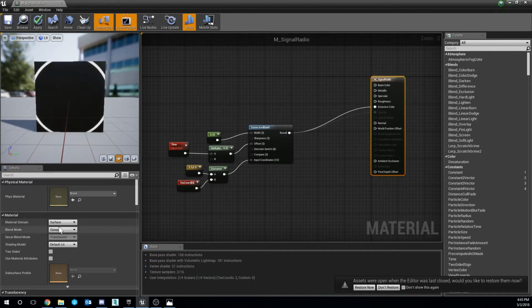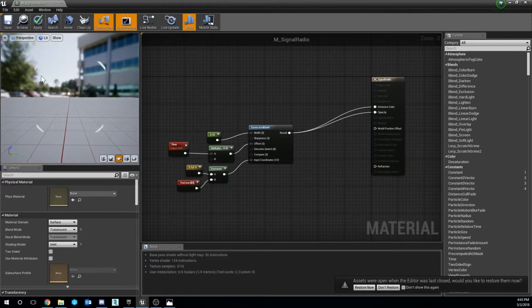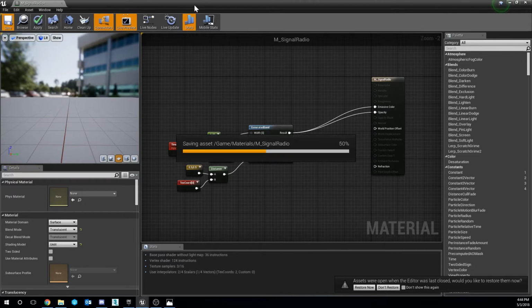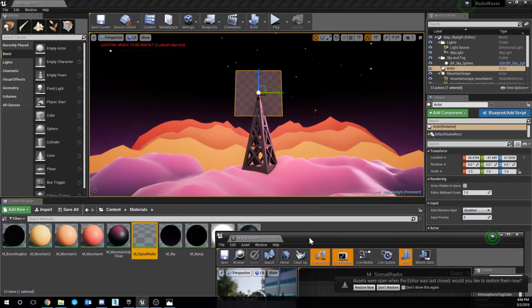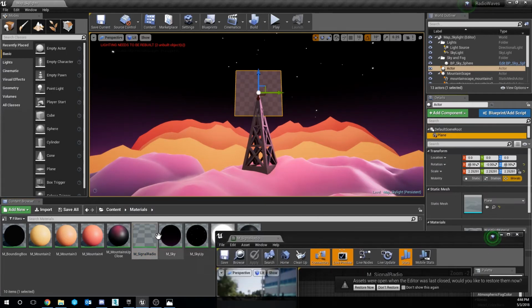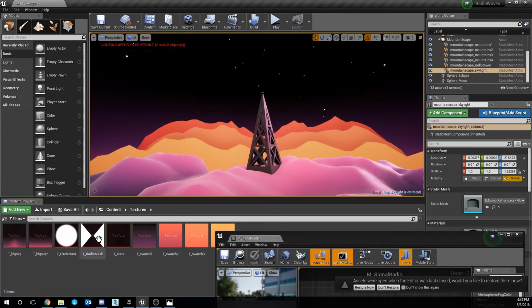For this to work, the material should be translucent and unlit. So now all I have to do is apply the material to my mesh, and you can immediately see the result. However, there's still a glaring issue. Since this material is being applied to a square plane, it's bleeding off the corners and subsequently ruining the effect.